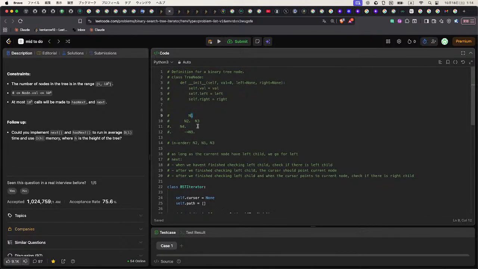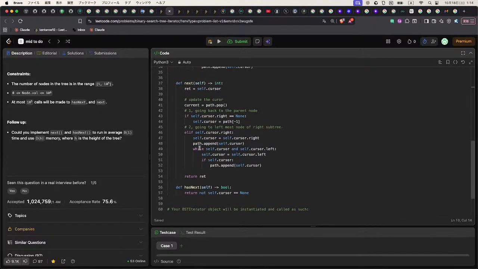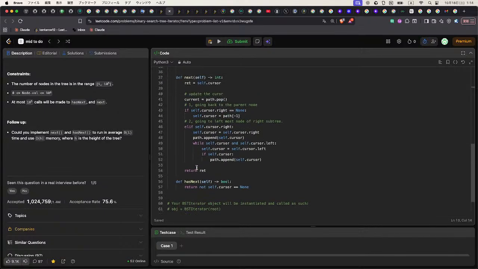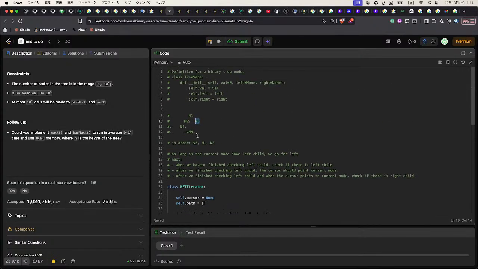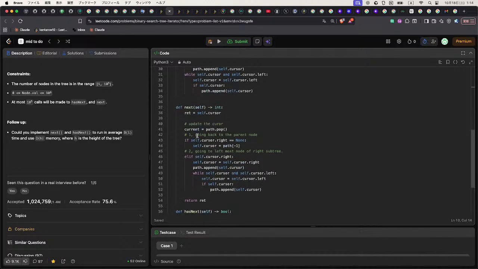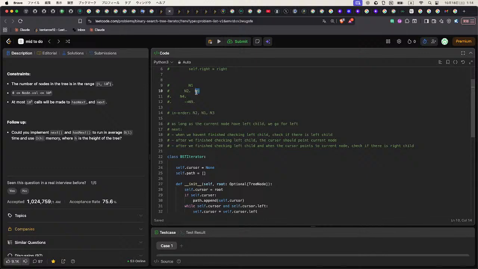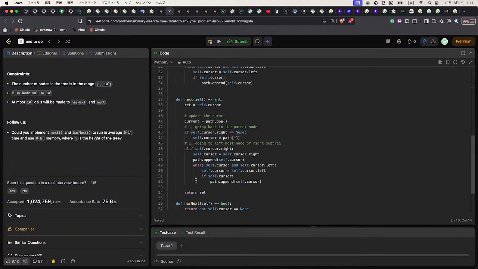And there is no left node, so the cursor points to N3, so we can return N3 as the next pointer. And when we look at N3, the next function will never be called because